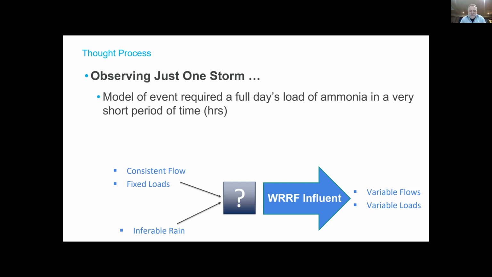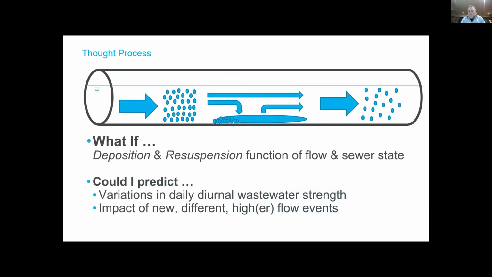I thought, okay, up until this point, we had all been reasonably convinced that the centrifuges at this treatment plant were the issue, and that the operation of the centrifuges was causing a huge ammonia load to the front end of these plants at inopportune moments in time. But sitting there and witnessing this event clearly showed me that it had absolutely nothing to do with the centrifuges and that everything was coming in the sewer. And so I started thinking, okay, well, what can we do? What is possible? And I started thinking about this idea that,